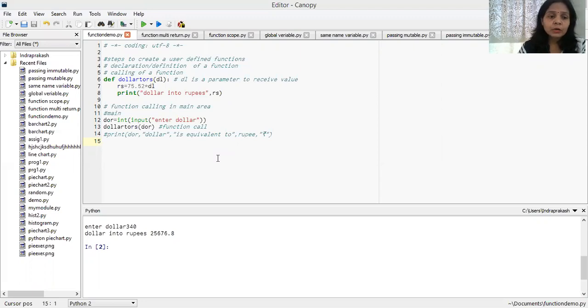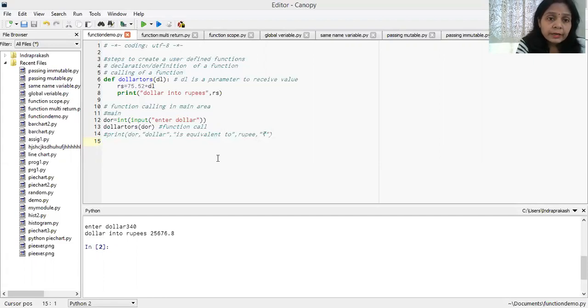First of all, I would like to explain what the need is to return a value from a function. If there is a requirement to use the manipulated values of a function in another function or another module, then we need to return a value from the function. I will repeat my statement: if you want to use a particular value of a function in another function or another module, then you need to return a value from a function.